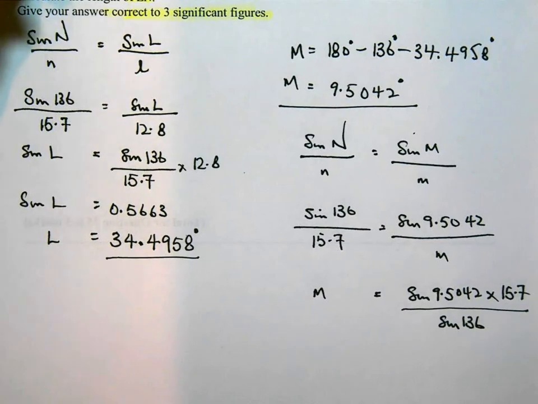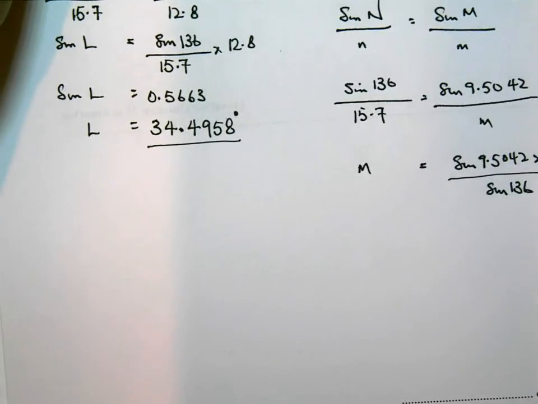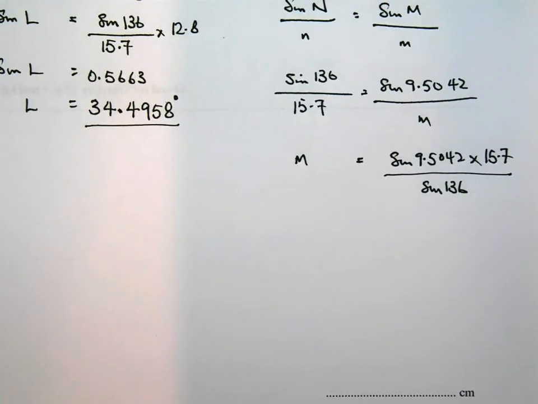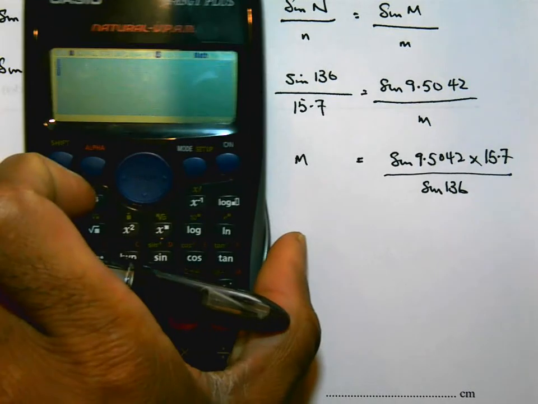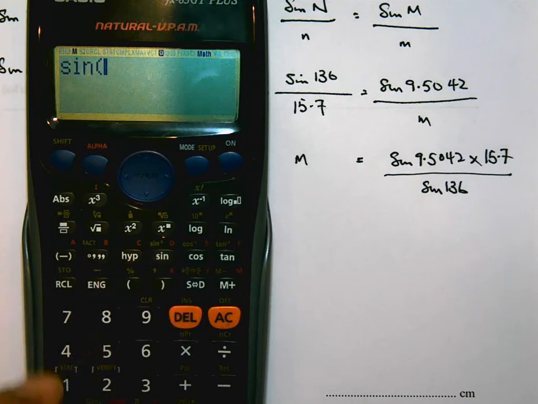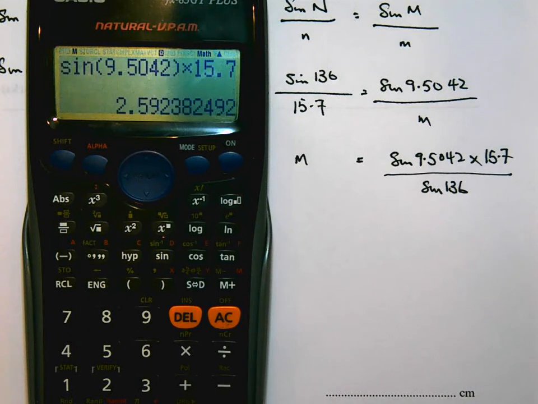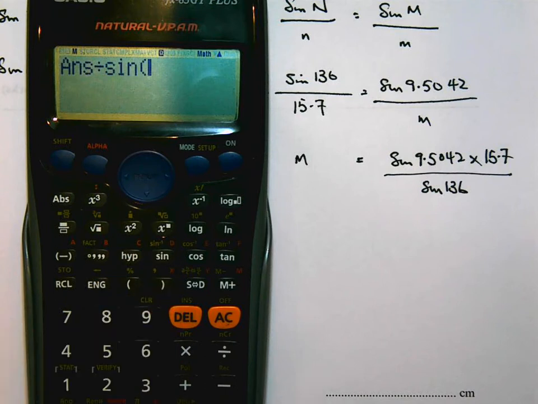Now it's just going to be a case of letting the calculator do all the hard work, and out should come my result. I'm going to work out the top line first. Sine of 9.5042 and times it by 15.7 equals, and then divide my answer by sine of 136 close brackets equals,